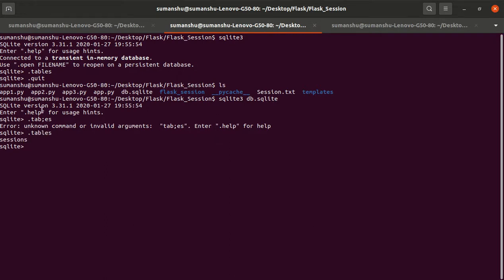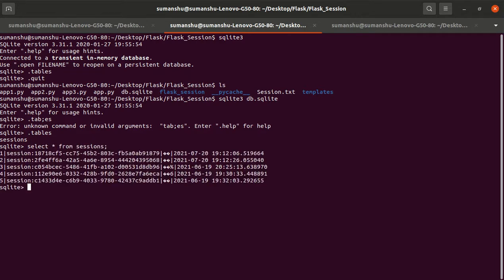We will see the sessions table here. select * from sessions. We will see the cookies and sessions are now stored here, along with some information. So instead of the client side, it is now storing on our server side.